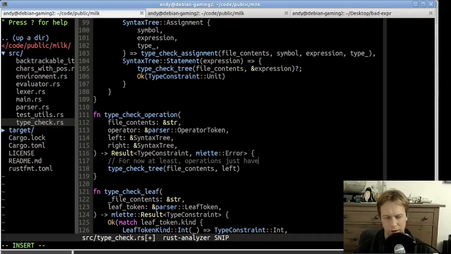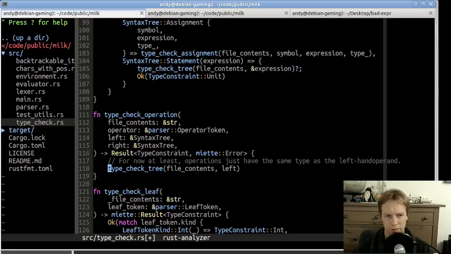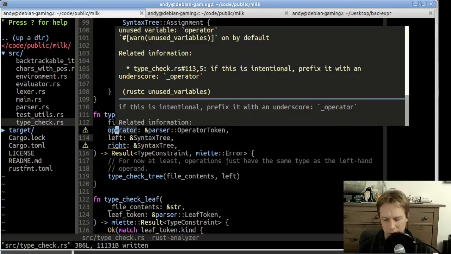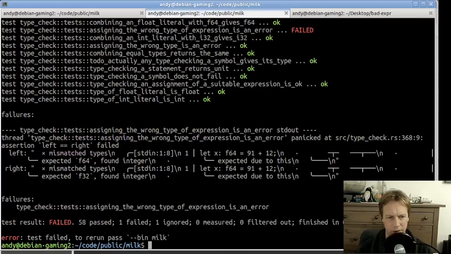Operations just have the same type as the left-hand operand. Oh, I've just thought of a case where this isn't sufficient, so that's good, isn't it? So we'll write a test for that and get it passing. So we'll ignore the operator and we'll ignore the right-hand side, but we're about to make use of the right-hand side. So now will some more of our tests pass? Yeah. So our test where it's all okay is now passing, but our error isn't quite looking how we wanted it to look